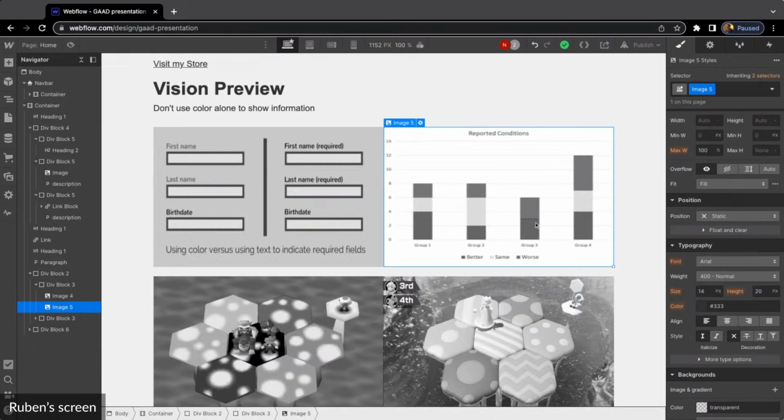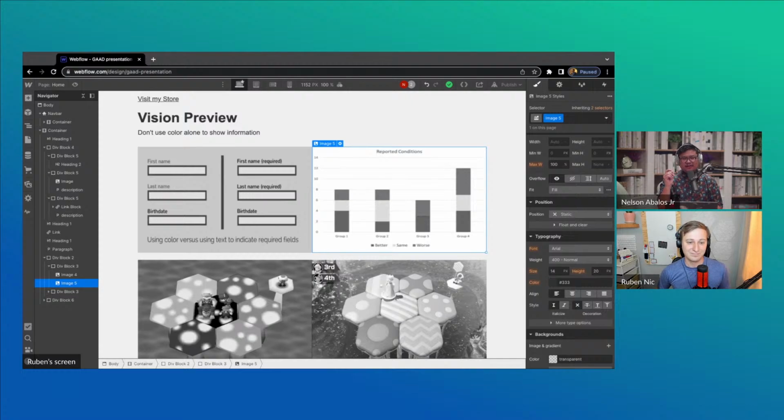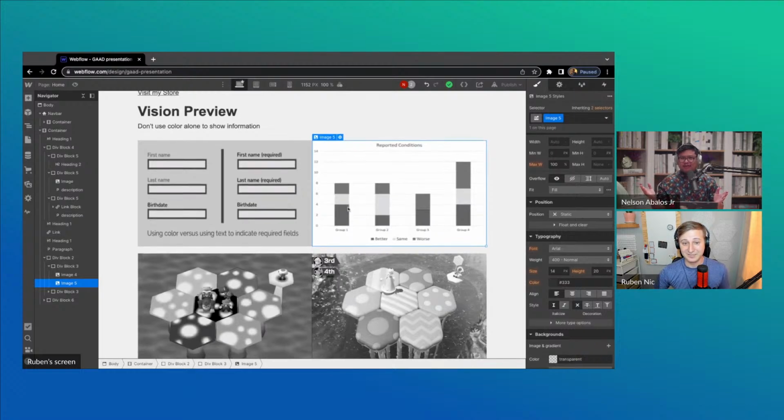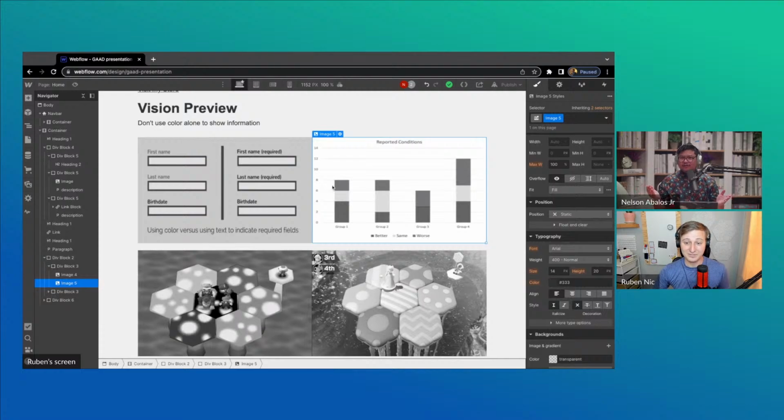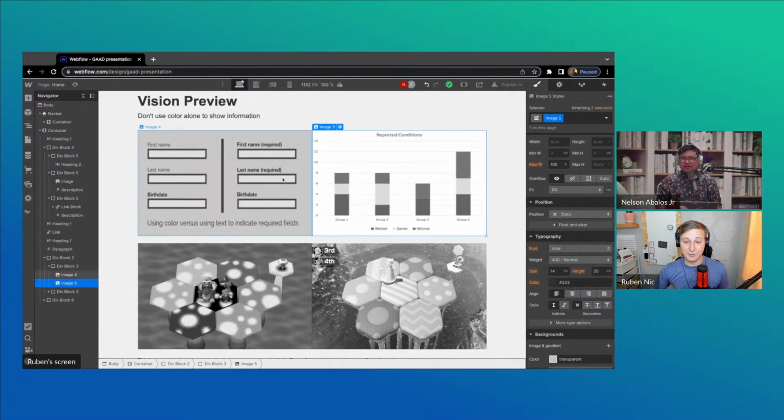Yeah, I've seen in many forms on the internet, someone would say required, and they would put a red asterisk next to the form label text, and now that I'm thinking about it, oh yeah, that is really tough to see. Yeah, it absolutely can be tough to see. Just write required then, rather than coloring it or putting an asterisk. Yeah. And so, the general rule of thumb is never color alone. Always color and shape or color and texture.